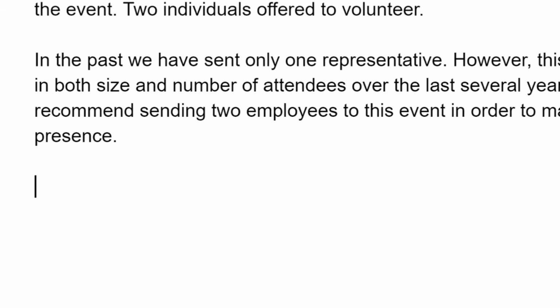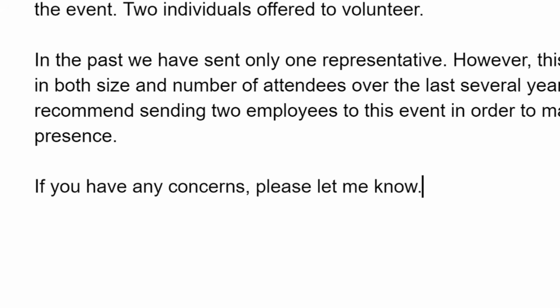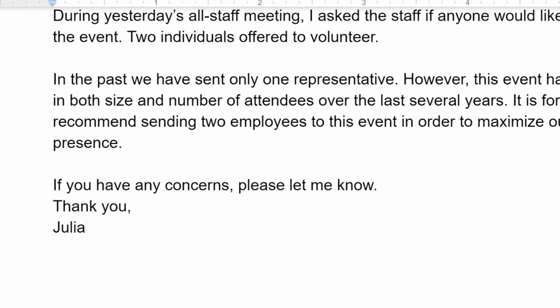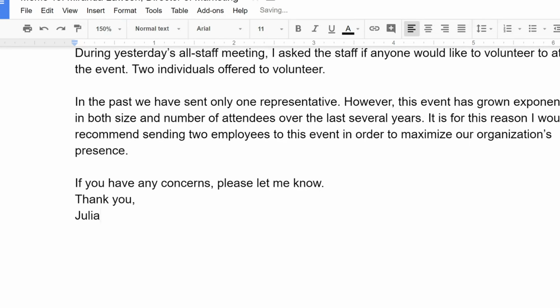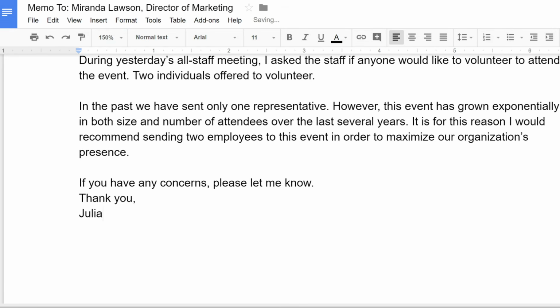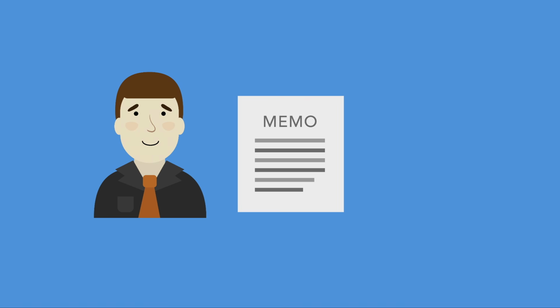Memos generally don't include a farewell. It may be appropriate depending on your message or your company's style, but if you do include a farewell, make it brief. Remember that revision is vital for any quality document. Before you submit your memo to your audience, consider getting feedback from a colleague to ensure your message is effective